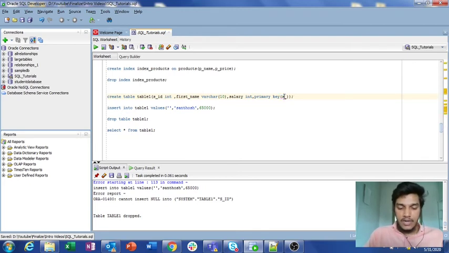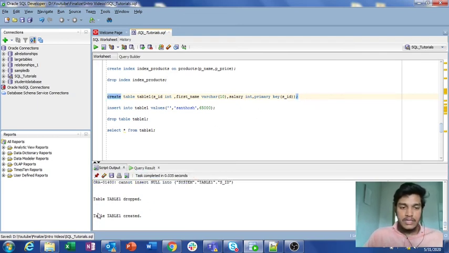That means I specify s_id as the primary key. Now it has s_id as int, first_name as varchar, and salary as int, and finally the constraint known as primary key, which is s_id. Now I am saving it, and table 1 is created.